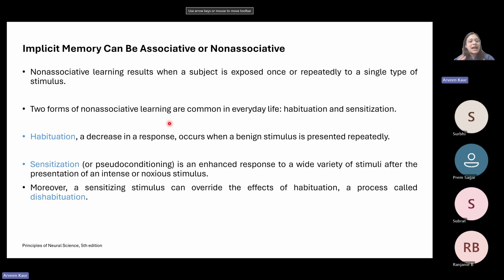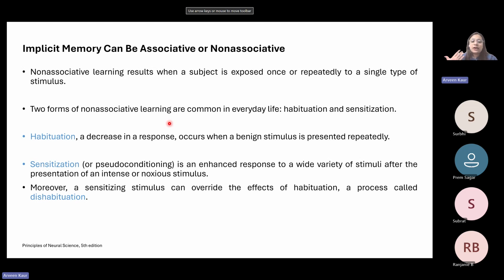But if the same thing happened on, say, Diwali or the Shera, right? I heard a blast sound, but I keep hearing a blast sound because people are bursting firecrackers outside. So I'll be habituated to it. I will not have the same kind of a response, right? So that is when there is a decrease in response because of a continuous stimulus that is being presented, right? That is what is habituation.